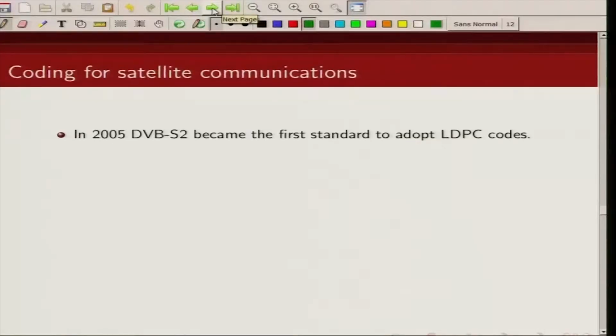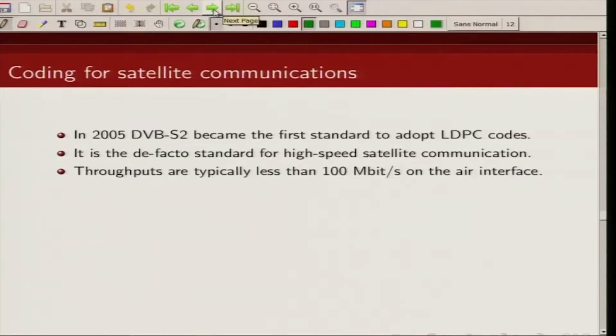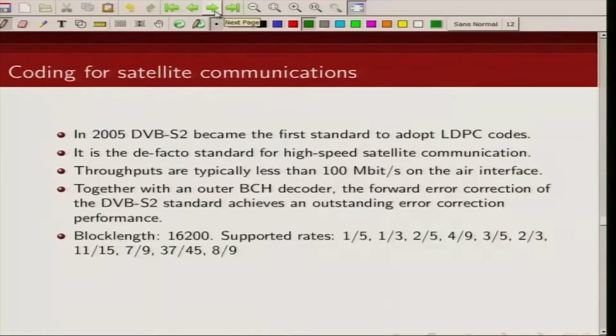Now let's move to an application in satellite communication. The standard is digital video broadcasting DVB-S2, which was one of the first standards to adopt low density parity check codes. It's a de facto standard for high speed satellite communication, where typical throughput is less than 100 megabits per second. It uses a BCH code as an outer code along with the inner LDPC codes,